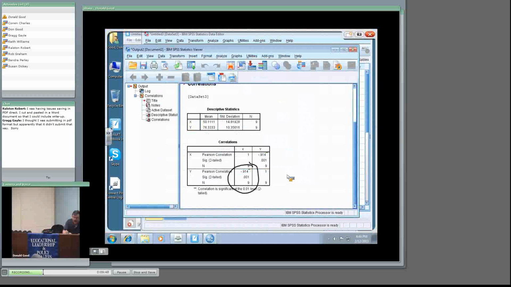So I know that my correlation R is negative 0.914. That's a negative. It's pretty strong. I'll talk about that in a second too. Negative 0.914, so there's a pretty strong negative correlation. That means if a number is high in one column, it tends to be low in the other column and vice versa. The other thing is that P is equal to